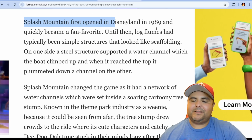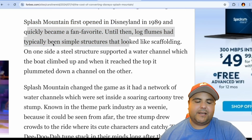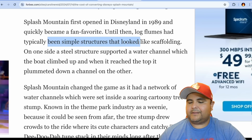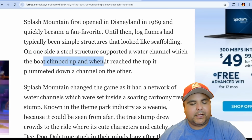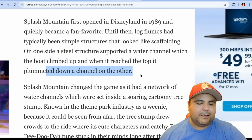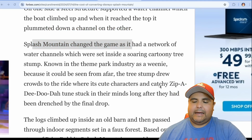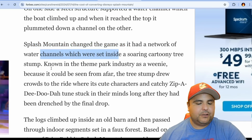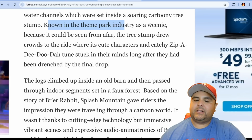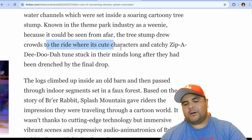Splash Mountain first opened in Disneyland in 1989 and quickly became a fan favorite. Until then, log flumes had typically been a simple structure that looked like scaffolding. One of the steel structures supported a water channel which the boat climbed up, and when it reached the top, it plummeted down the channel on the other side. Splash Mountain changed the game as it had a network of water channels set inside a soaring cartoony tree stump. Known in the theme park industry as a weenie because they could be seen from afar, the tree stump drew crowds to the ride where it...